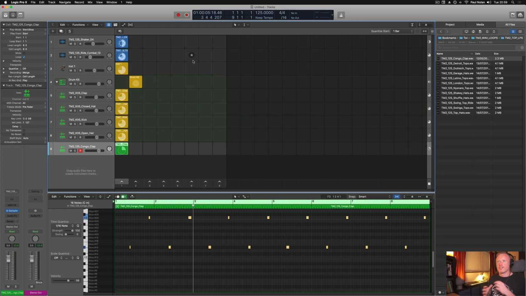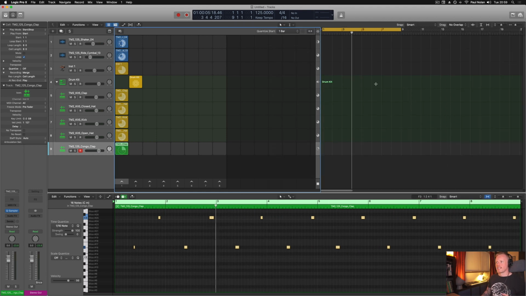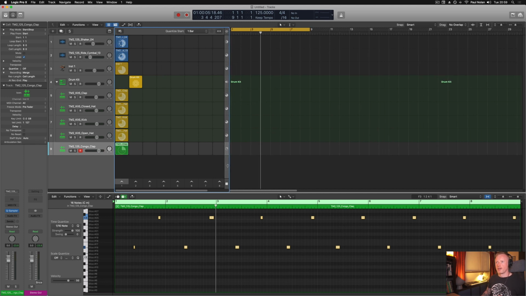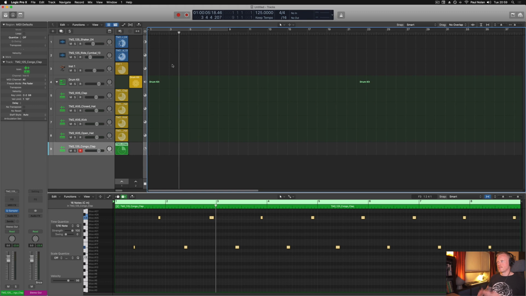Now, what you can do from here is that you can drop in all of these ideas into the more traditional tracks view, because one thing you might be thinking at the moment is, well, where the hell's the regular tracks view? Well, you can bring up the tracks view here just by clicking on the little icon here, and it gives you this really interesting kind of split view where you can see the beginnings of the arrangement here in the tracks view, and also you've got the ability to see the live loops view as well. And you can actually make things fairly custom in terms of the view,